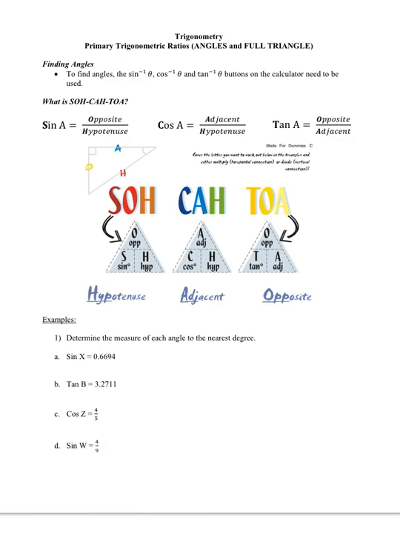Everyone. Today we are going to solve for some angles. Okay, we're looking for the value of an angle in a right triangle. So to do that, we're going to have to use the sine to the -1, cos to -1, and tan to -1. And how we get those values, you're going to need to use your second